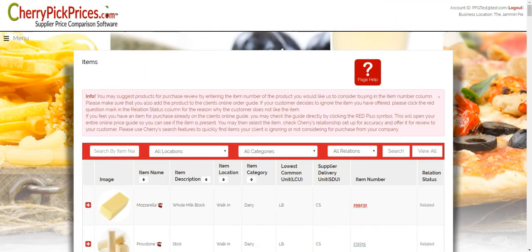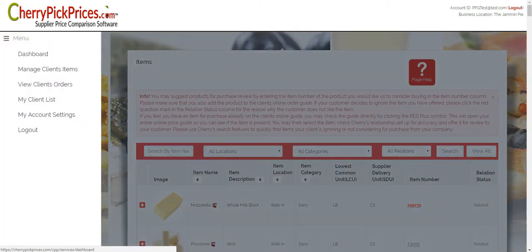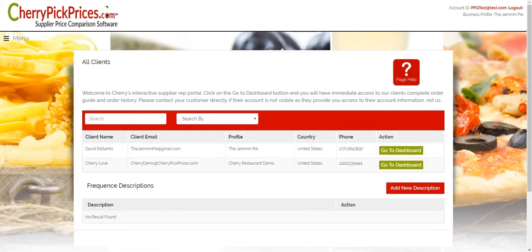Now think about this in terms of a new rep walking in your door wanting to bid on your business. One of the biggest issues that we typically have is getting the rep the information on the supplies that we buy. So the easiest thing for you to do is to suggest to the rep that they sign up for